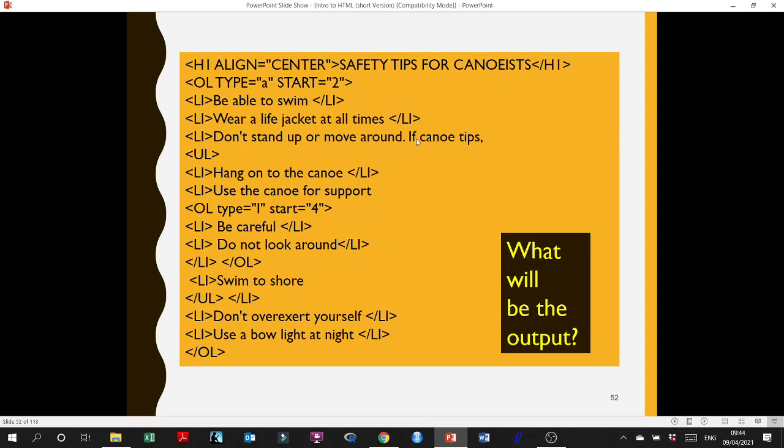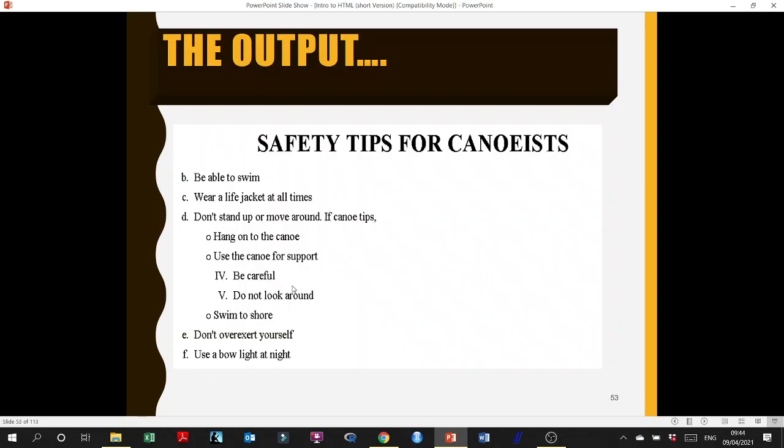So do you guys see this list item here? This list item had an unordered list that is closed here, and this is the list item closing. And then again, we started with a list item that's closed, a list item that's closed, and then this is an ordered list at the very top. Do you see, guys, that the ordered list here opened up, and now this is its closing. All right,